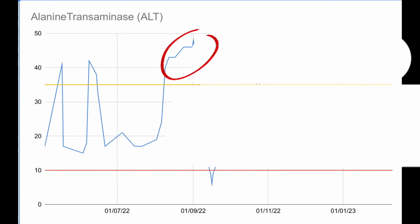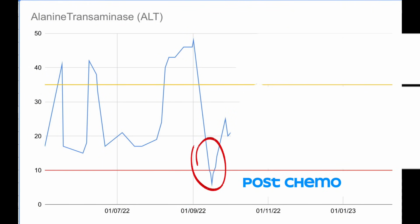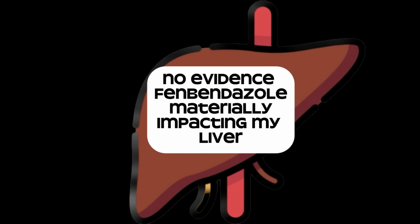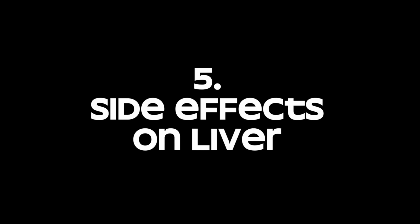I then went into my second chemo and my liver markers then come down for a prolonged period. There is another spike at the end of October, but I can't work out what this is attributable to right now. So for me, having carefully reviewed, there is no evidence of Fenbendazole materially affecting my liver enzymes or liver. I also now think that the liver metastases were attributable to the cells spread by the 2 biopsies rather than Fenbendazole. However, just because I didn't have them, this is not to say that liver side effects could not be